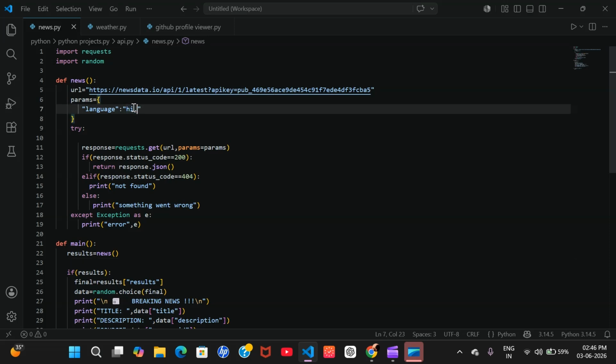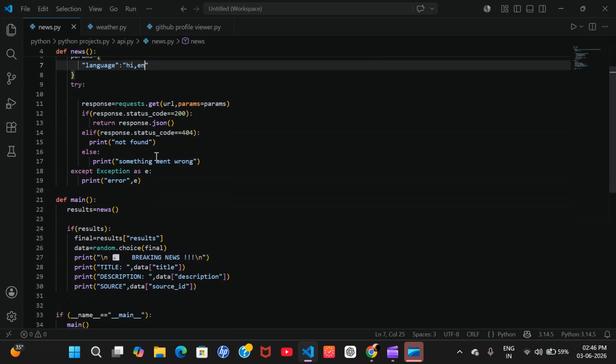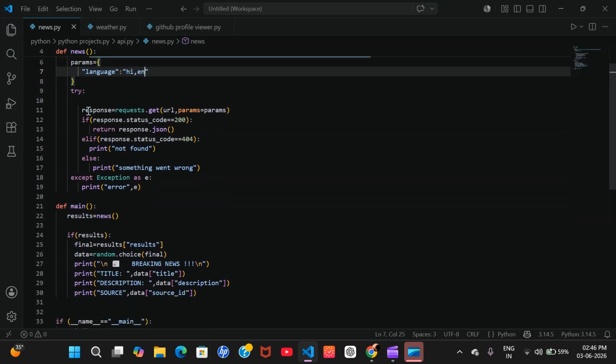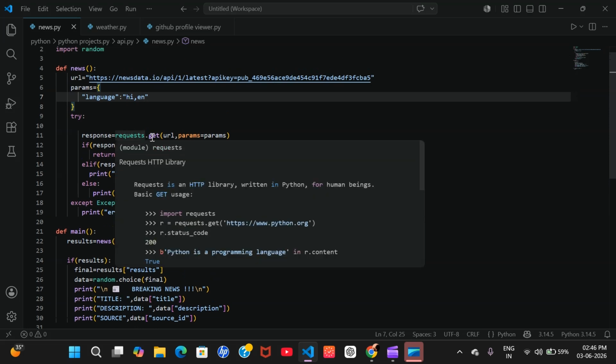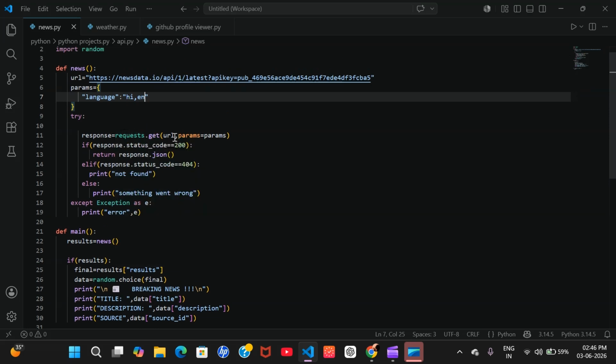If I want both, I can add a comma as well. Now we are writing the code in try, because this code may be risky and may raise an error. We are taking request dot get with the URL and parameters equal to parameters, and saving all this in response.